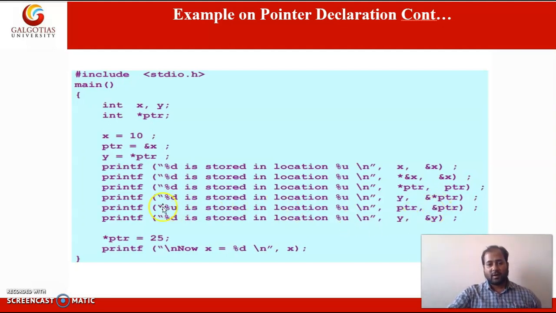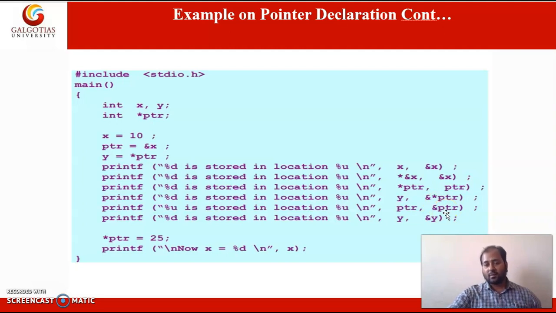Okay, and in the next statement percentage mu is used, so ptr is giving the location of x, and ampersand ptr means it is giving the address of the pointer.